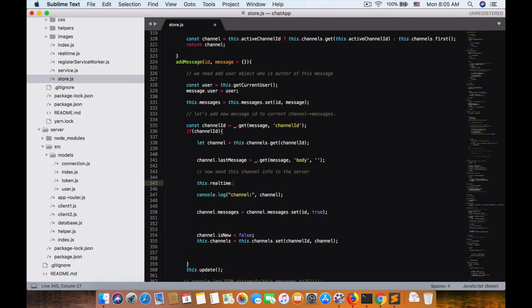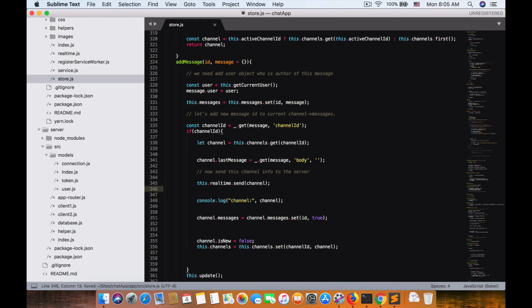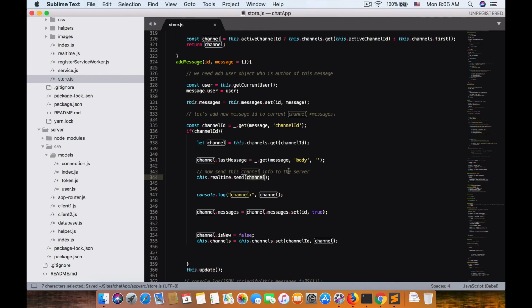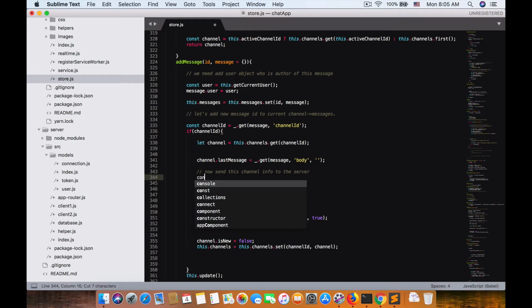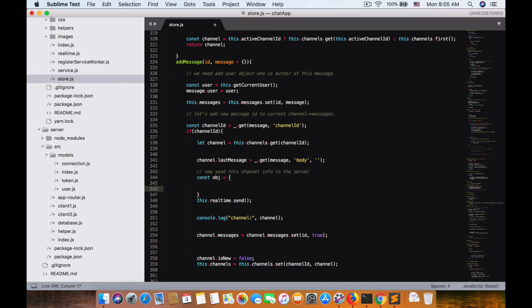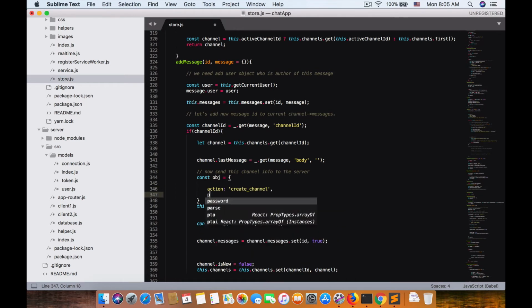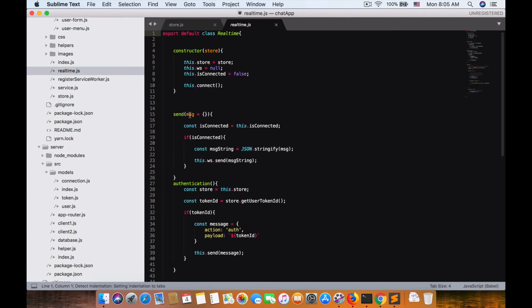dot send, with the method object, or even I think I can send the channel directly. realtime.send to channel. So alright, I don't think send to channel. I don't think we do it by object equal action to be create channel, and payload now I'm going to pass this channel object, and here we can send the object. Right, so realtime.send, and let's see in our realtime.send, and we got the method object, and